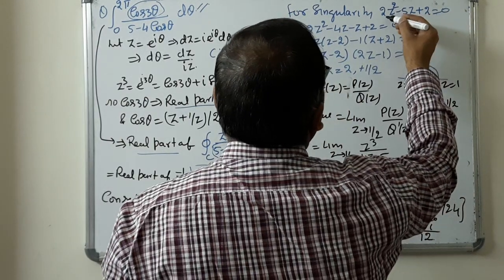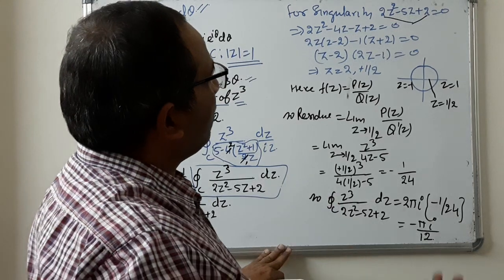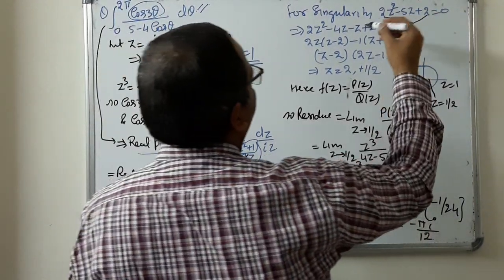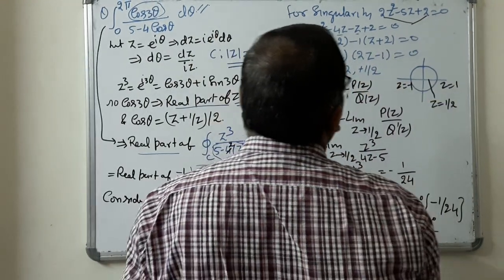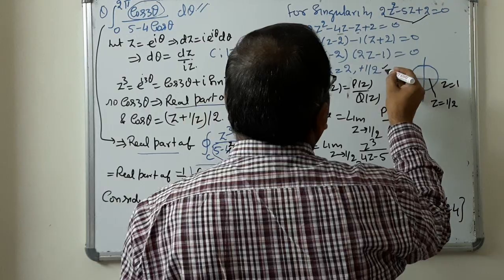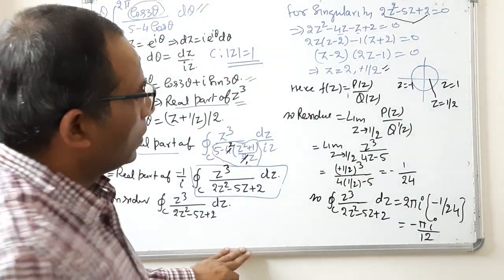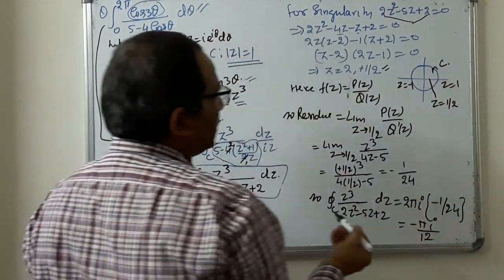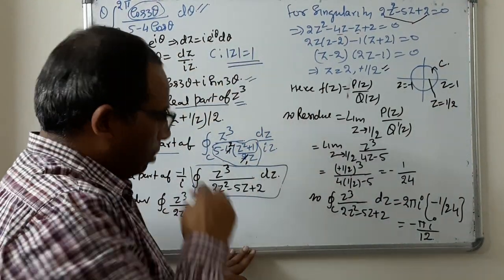Here you can again see 2 and 2, that is 4. We have to divide 4 into 2 parts such that the sum is equal to 5. So we take 4 plus 1. So here is 2z square minus 4z minus z plus 2 equal to 0. And from here we get z equal to 2 and z equal to 1 by 2. Because c is given as this unit circle, you can see that z equal to 1 by 2 is lying in this circle, right?